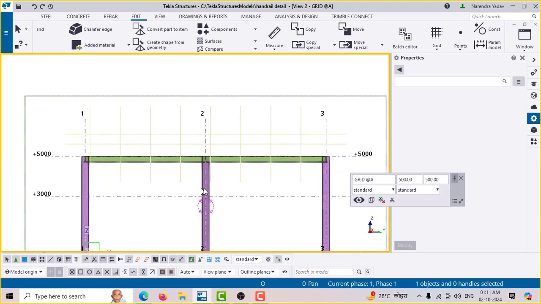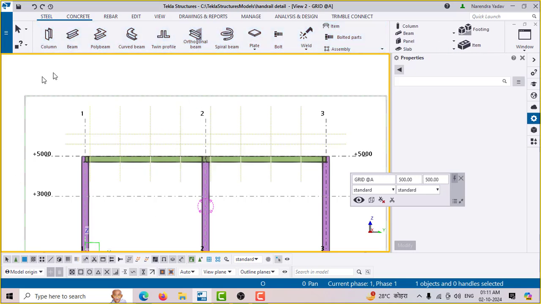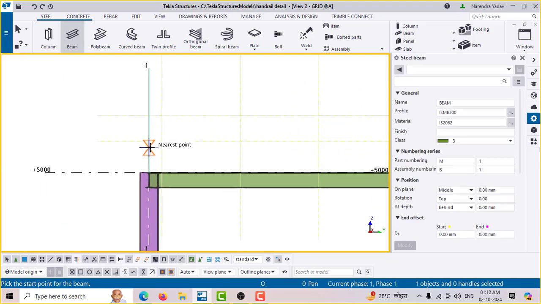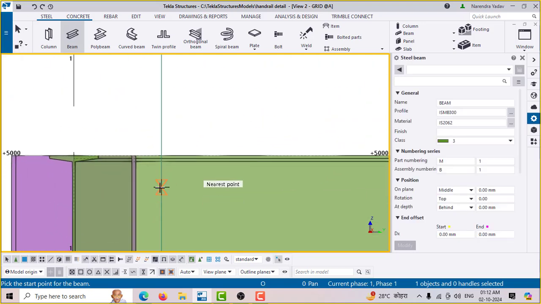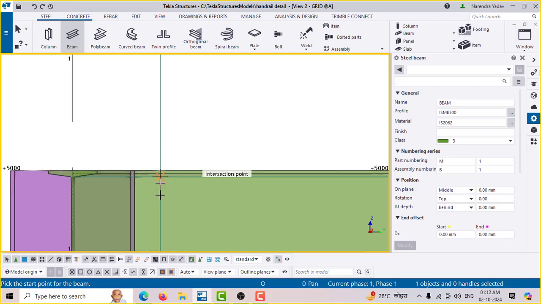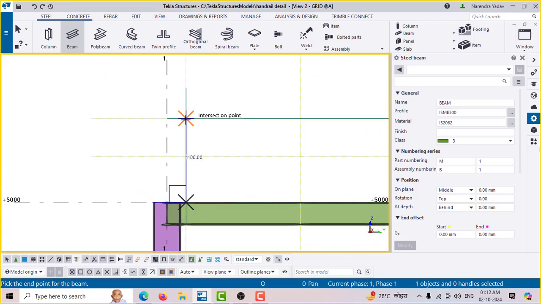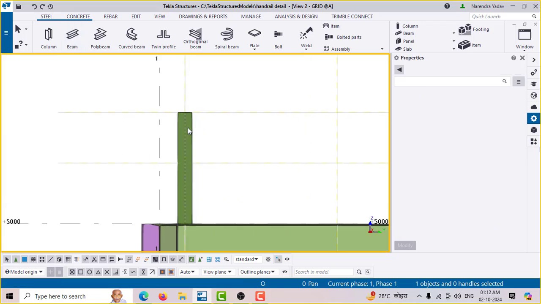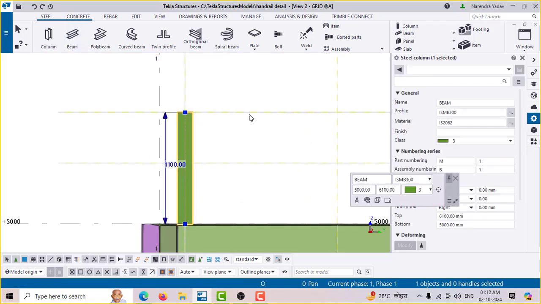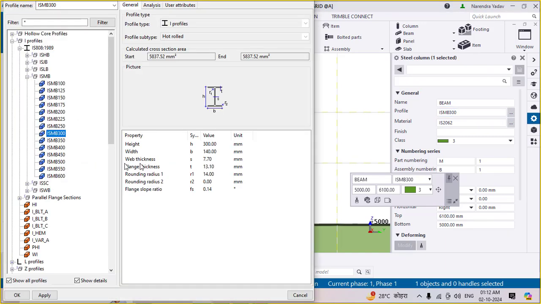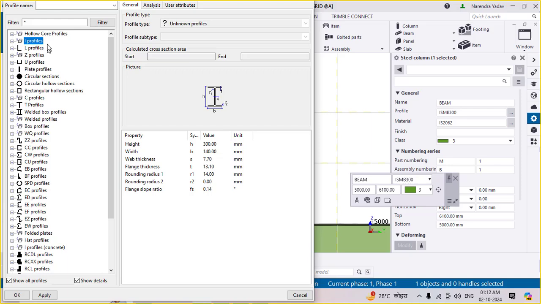So here is a number of vertical lines, and we are going to put the posts in between these vertical lines. So select the beam or column here, pick the first point in the middle of the beam, or you can also take the top point, and another point at the reference with the top construction line. Select this beam and select the profile of the pipe. Here